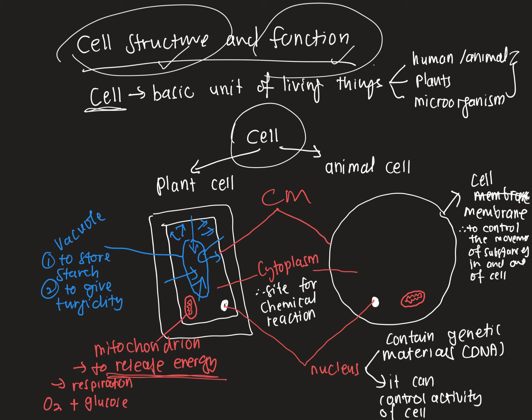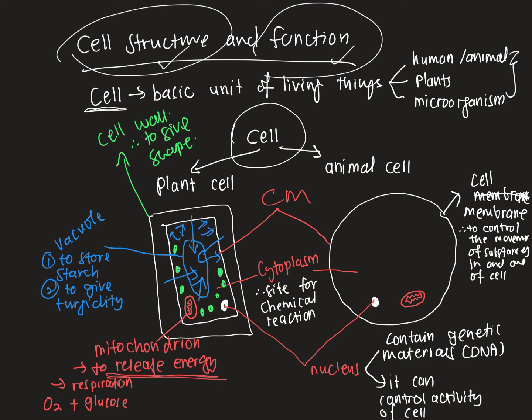Okay, the next one tambahan dalam plant cell is cell wall. Cell wall. Okay, cell wall of the plant cell, the function is to give shape. To give shape for the plant cell. And last one, cell wall ni senang sangat lah. And paling penting sekali dalam plant cell ada banyak